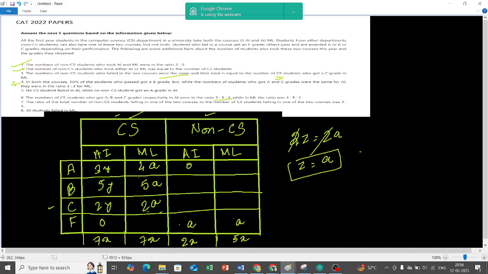Now, the ratio of the total number of non-CS students failing in one of the 2 courses to the